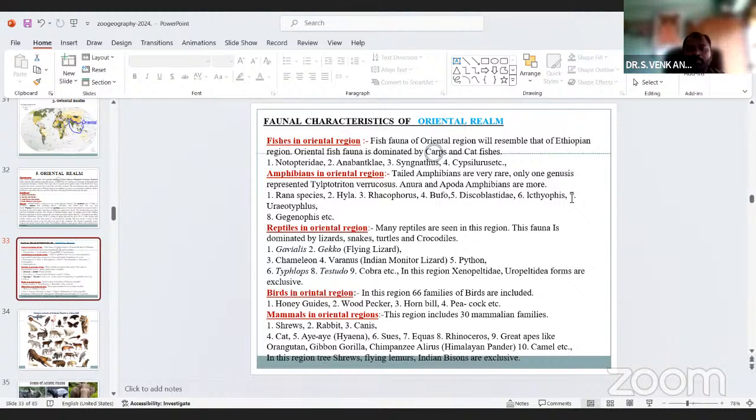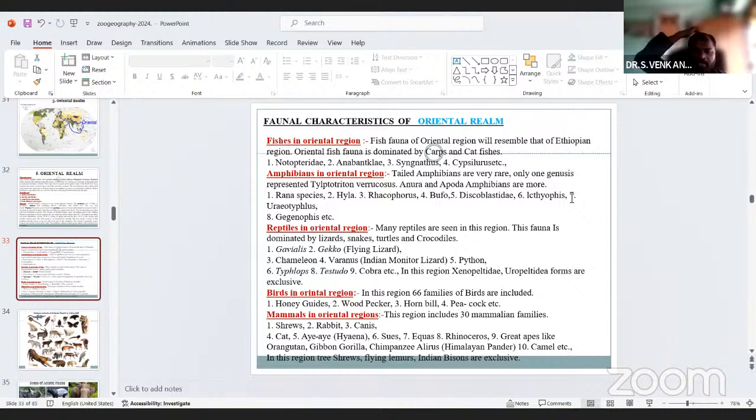What is the chameleon? The chameleon is one that changes its body color according to the environment. Next, Varanus, the Indian monitor lizard, python, Testudo, and cobra, etc.